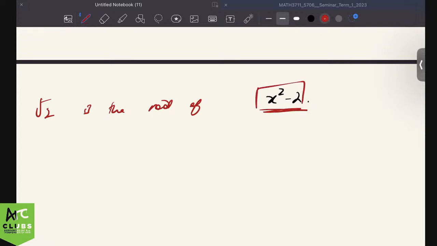Because square root 2 is the root of x squared minus 2 equals 0, we actually know that we can write